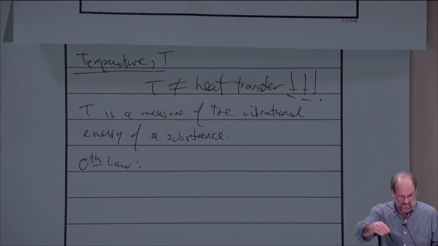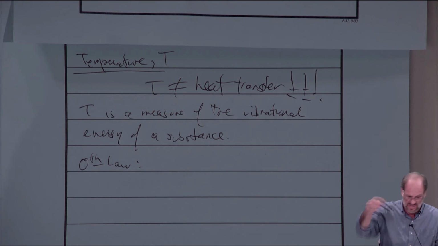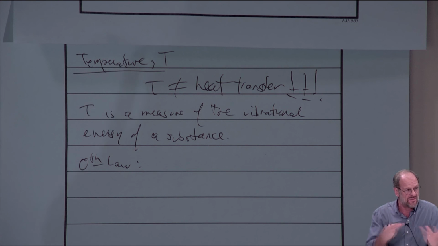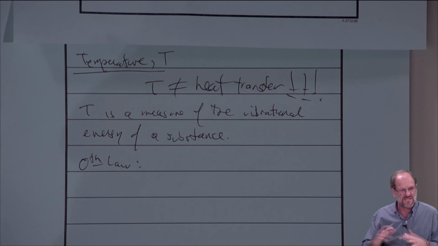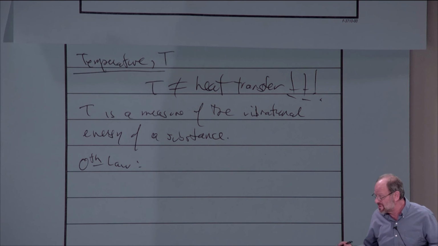If the thermometer, putting it in one cup of water, says that it's at 70 Fahrenheit, and then you put that same thermometer in another cup that's also at 70 degrees Fahrenheit, well, then there's no temperature difference between the two, and they're in thermal equilibrium. That's really what the zeroth law tells us. But that's not something that really helps us solve thermodynamics problems. So what it really does is just tell us that we have a way of measuring temperature. So I'm not that concerned with the zeroth law.